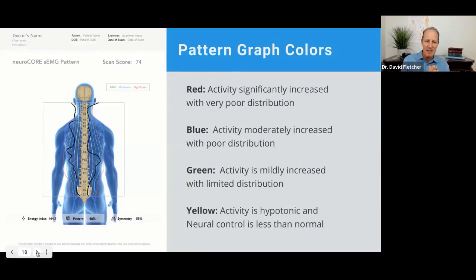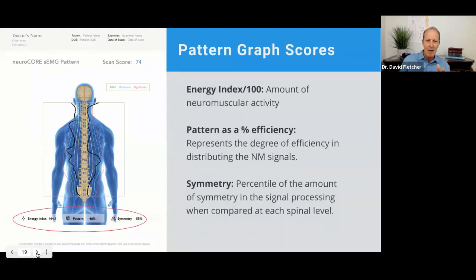Again, I've talked about this, that the red is activity significant. The red line is if your black line transitions over top of these lines, then you can look at energy expenditures. What's most important are the numbers at the bottom. And so we've done the calculations for you, and the energy index, which is really the important one, is the total energy that's being expended. It's based upon an index of 100 being normal.